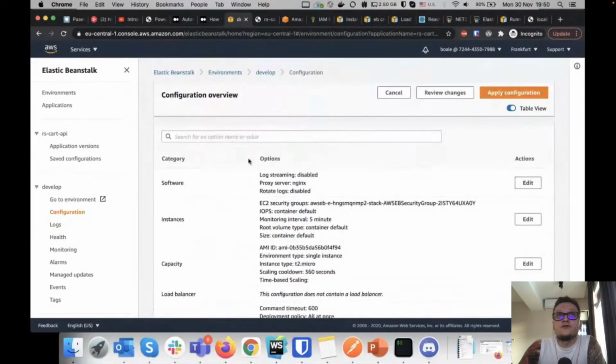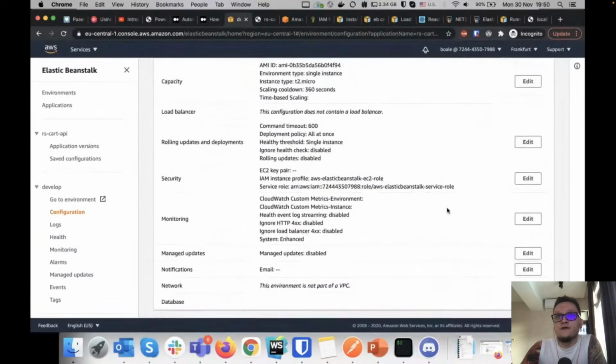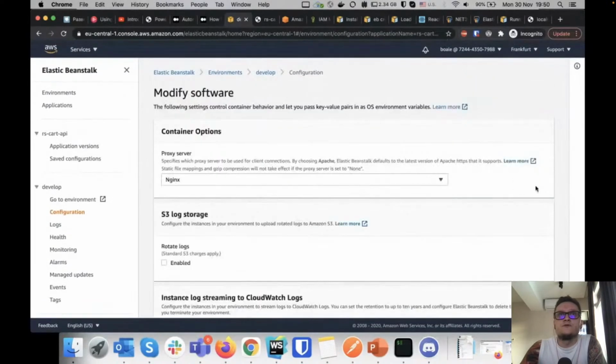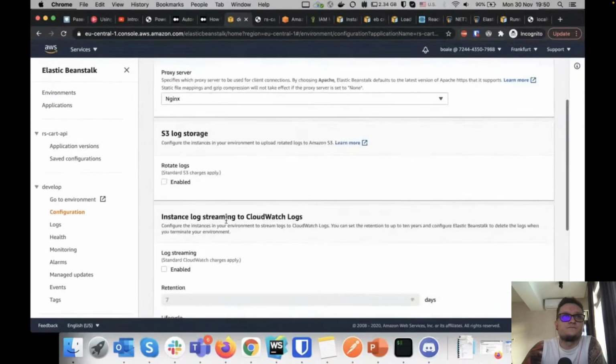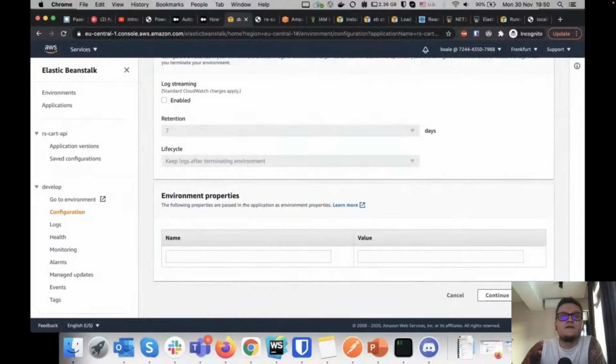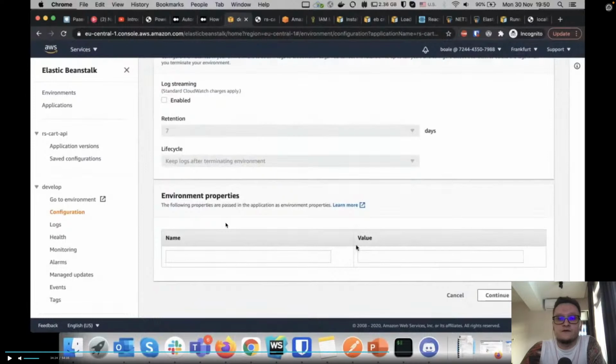Here inside the configuration, you can see how your Elastic Beanstalk container looks inside AWS and what it uses. And here you can see environment properties. It's actually environment variables for your service. People who worked with backend and front end will know that we sometimes have tokens, application keys, some data we don't want to expose in our code.